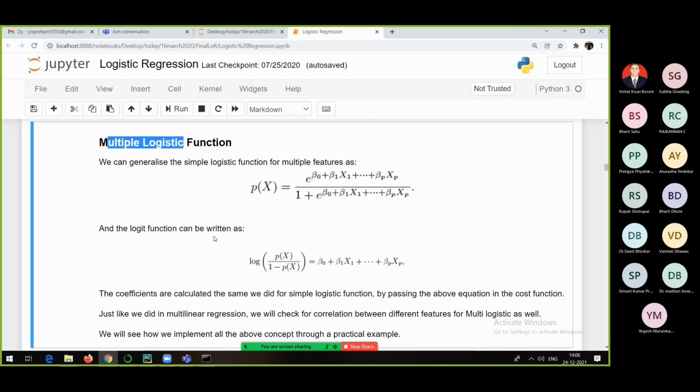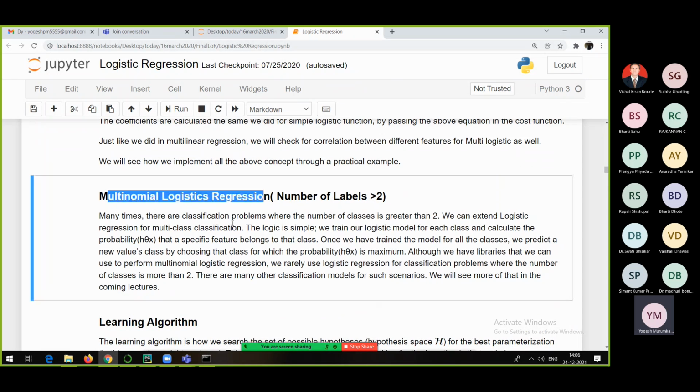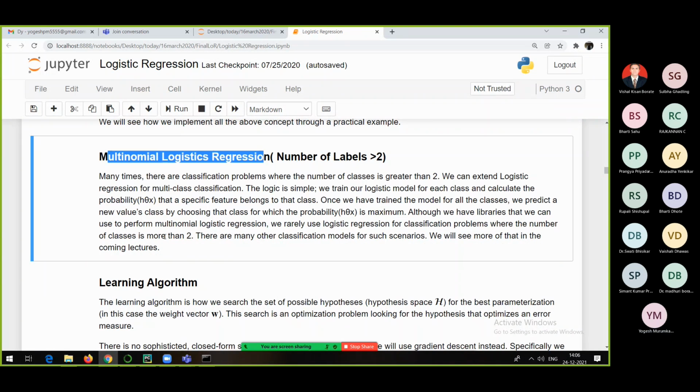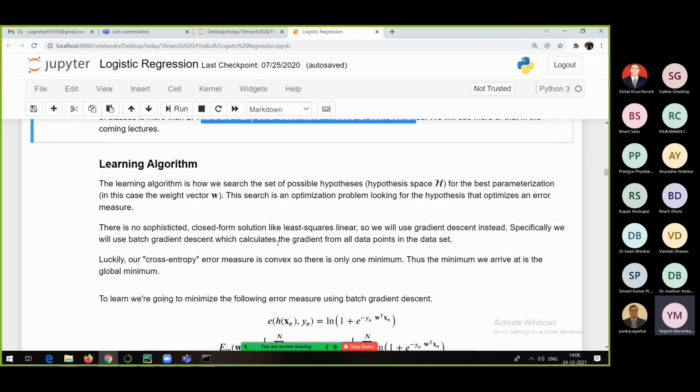Here I told you that for multinomial logistic regression, instead of going with logistic regression, generally people prefer some other algorithms, because there are far better algorithms than logistic regression for multi-class classification. Logistic regression is very good for binary classification.